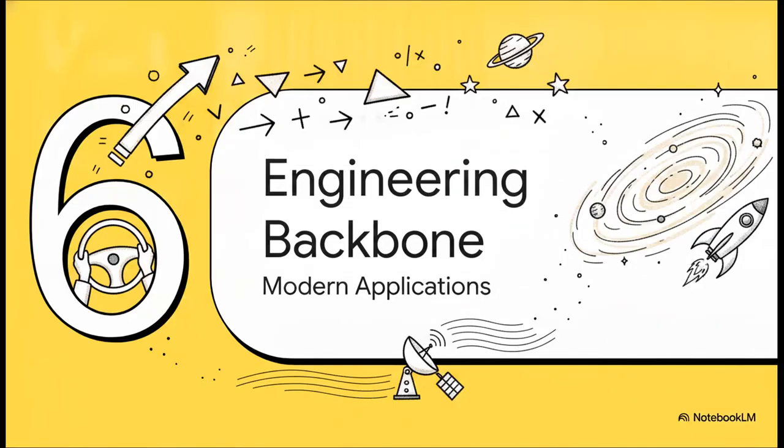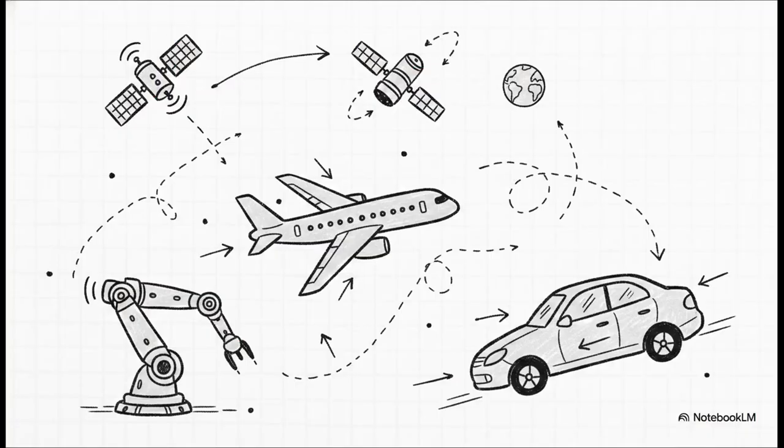Which brings us to Section 6, the backbone of engineering. This takes us from the driver's seat all the way into the cosmos, showing exactly why this mathematical bedrock actually matters to our lives. The reality is, vectors are the exclusive mathematical language for describing motion, forces, orientation, and position. Without them, modern engineering would just collapse. The GPS coordinating your phone's maps, the spacecraft in orbit, commercial aircraft, industrial robotics, and the autonomous vehicles being developed today,